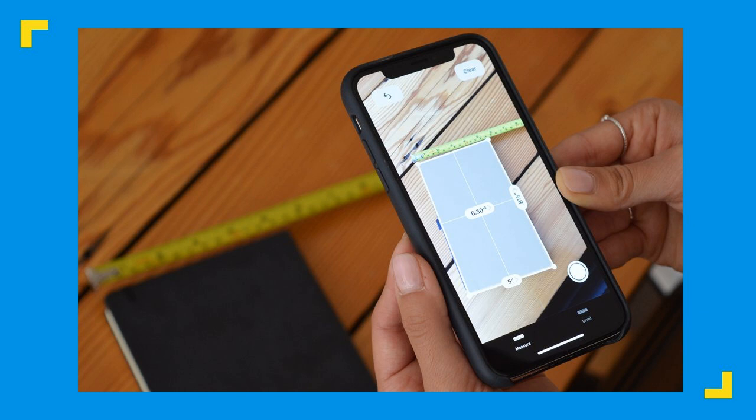It'll detect surfaces, and then by using your finger to drag points around, in this case, it's the book on the table. How big is that book? And this user is probably maybe 18 inches, 24 inches away from the book. But the idea here is that the app is telling the user that the book's about 5 inches wide. The tape measure in the background shows that it's 5.5 inches,